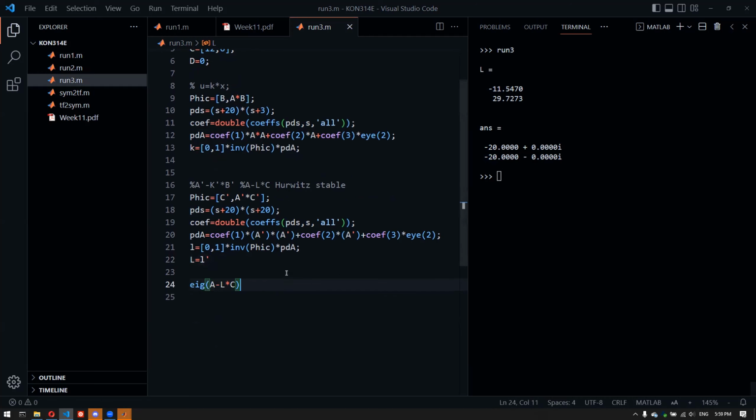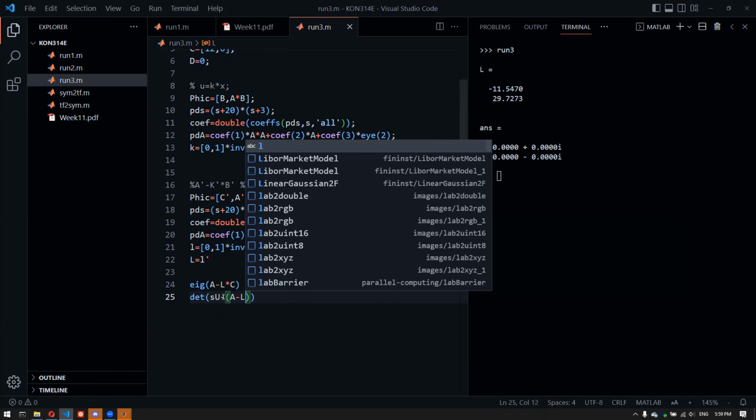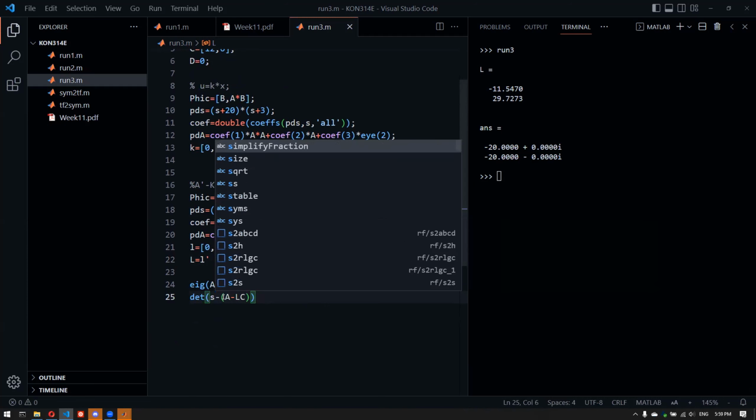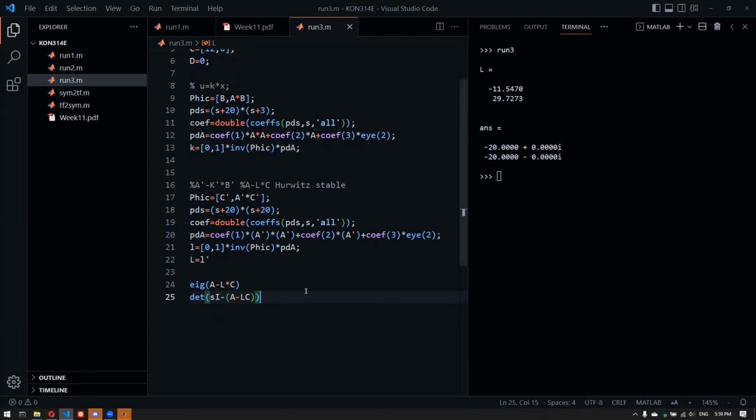Because all that we need to do is we're kind of looking for a polynomial, or the determinant of sI minus A minus LC. And this should be basically a certain polynomial here. Of course, since we're predicting the states of the system, and since this observer will serve like the state estimator, and then the state feedback controller will be connected with this, what we need to do basically is, if we, for example, choose s plus 3 and then s plus 4, let's assume this is basically our setup for some reason, then we need to look at the